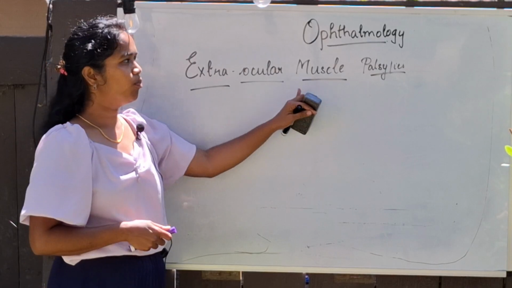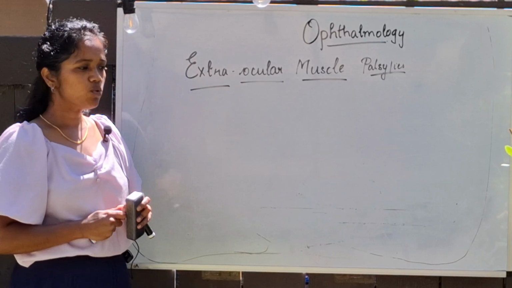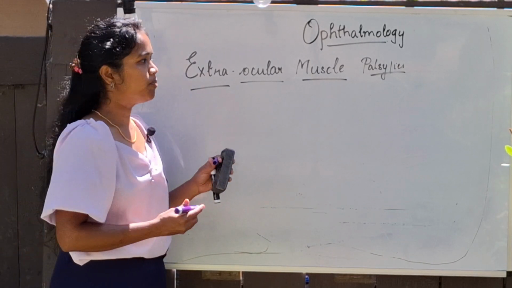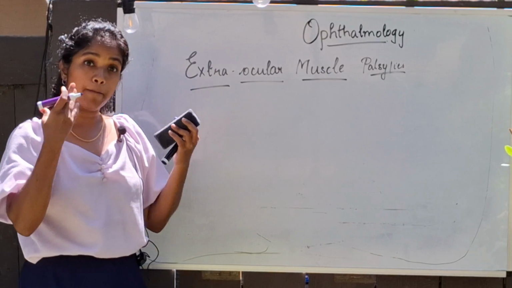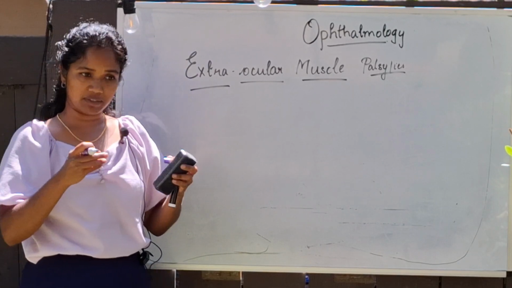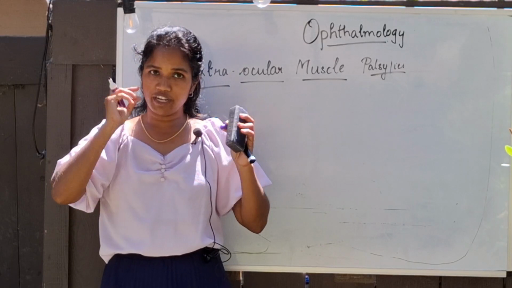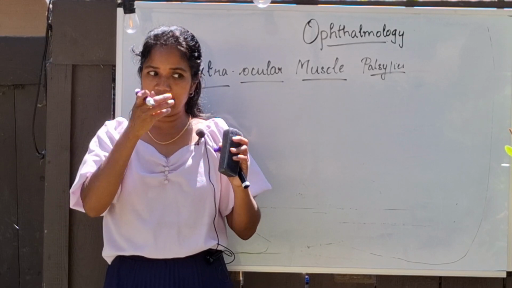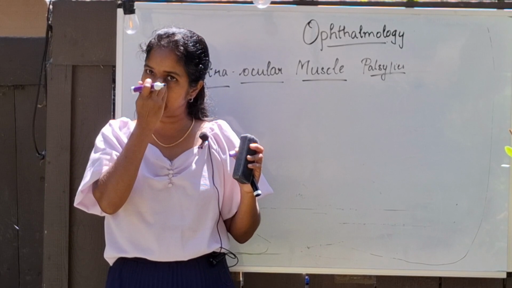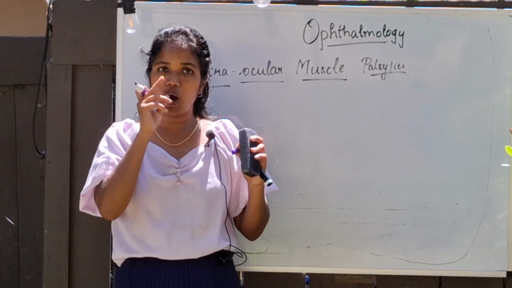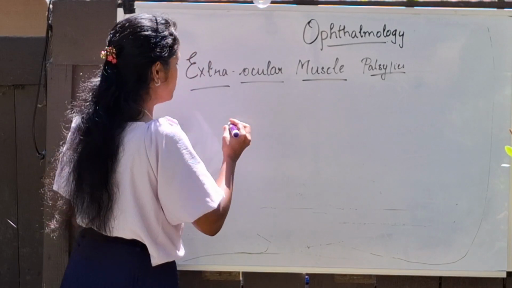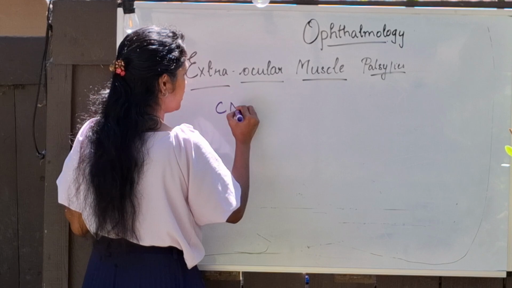So, here I am going to tell you about extraocular nerve palsies. What are extraocular muscles? The extraocular muscles are the muscles present outside the eye, and when there is any palsy of the muscle, how will the eye position be? So, first let us see about cranial nerve 3